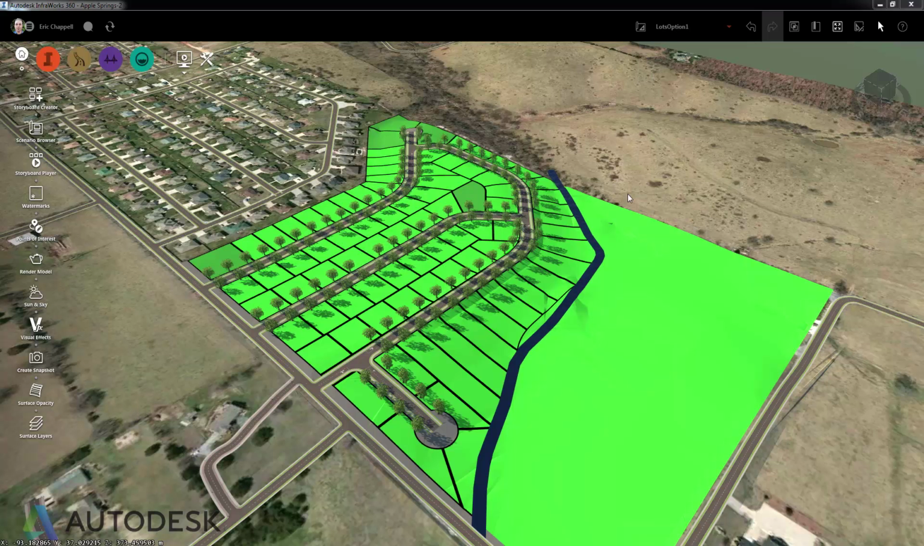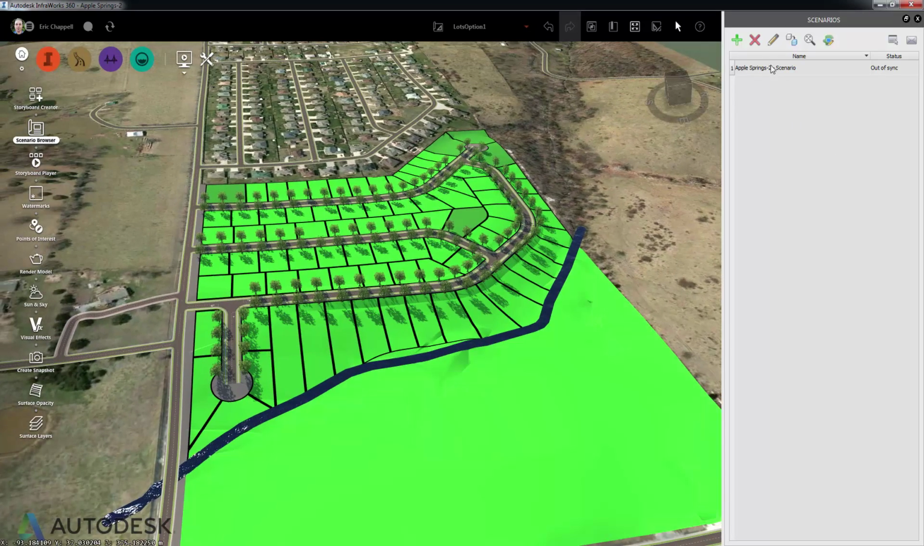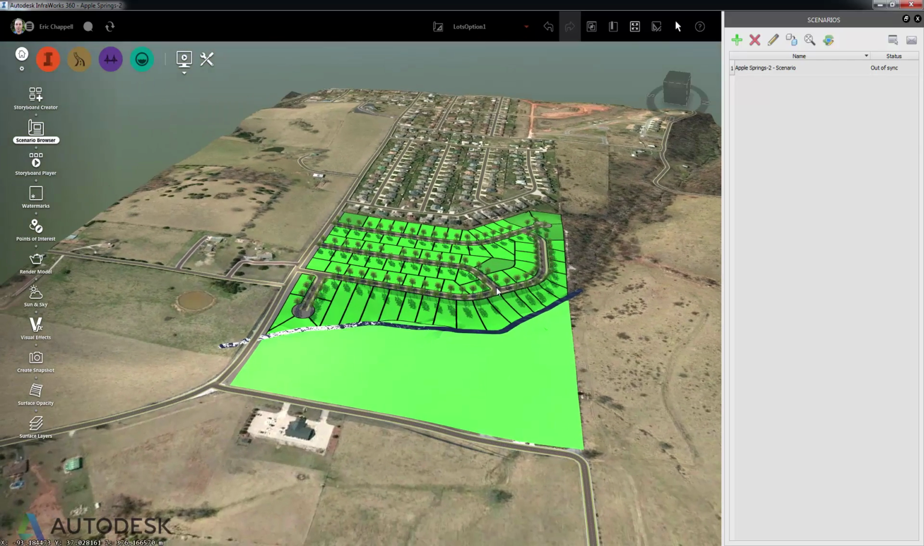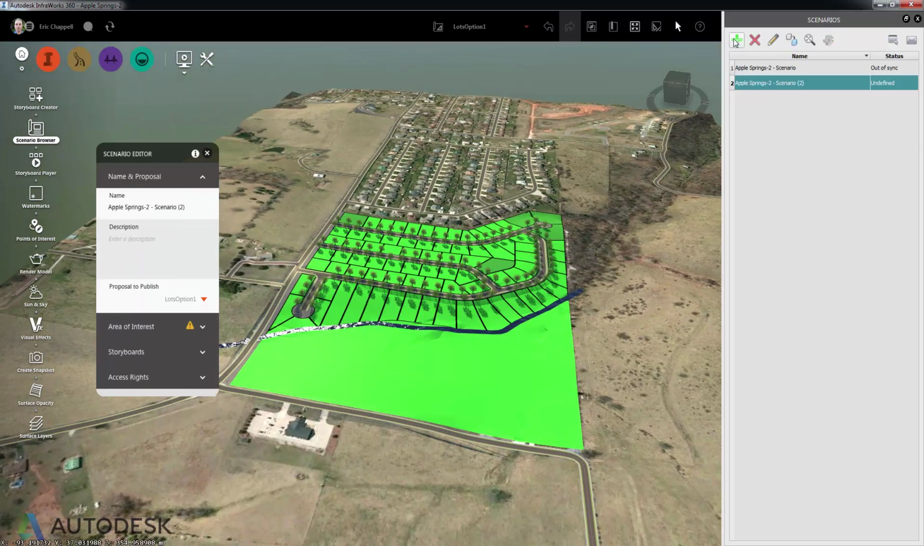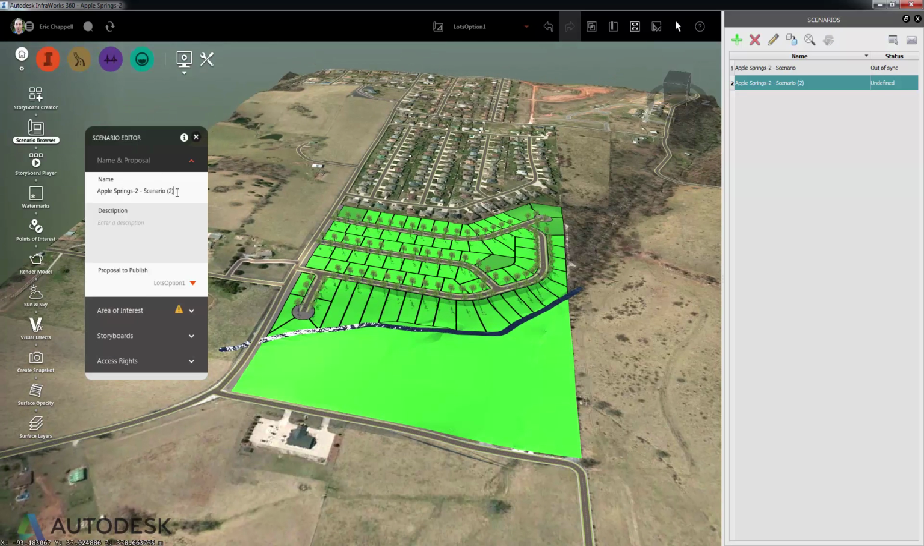And to do that, I need to create what's called a scenario. So I'm going to click the scenario browser icon, and you'll notice I've already created one previously called Apple Springs 2 scenario. I'm going to create another one, and what I'll do is I'll click the plus sign, and that brings up the scenario editor asset card. So this one I'm going to call Apple Springs 3,